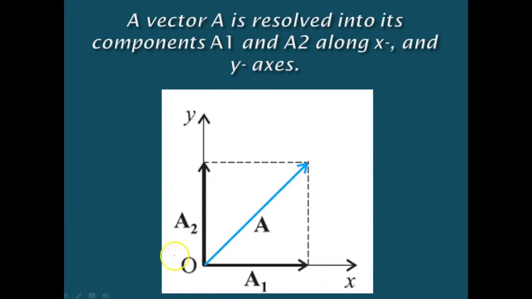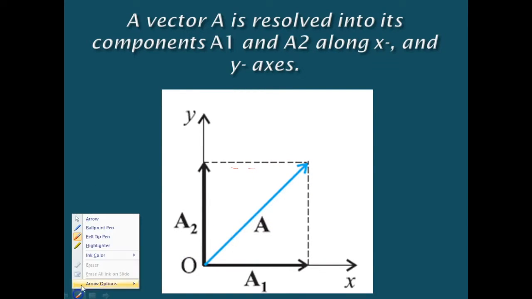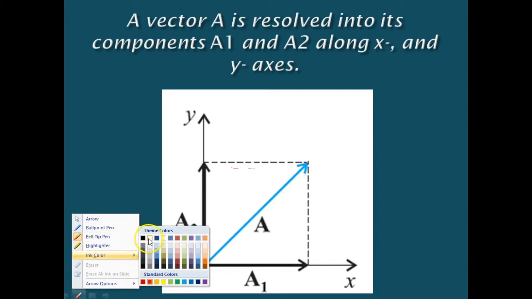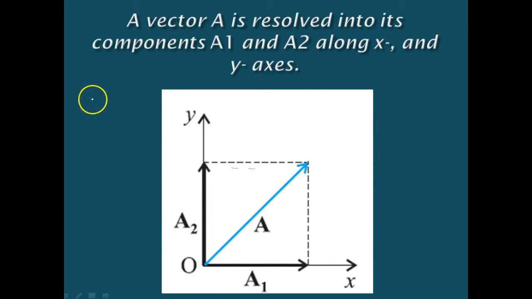Here, from the vector A, this vector A is lying here. We draw a perpendicular line. You can see these dotted lines, isn't it? So we draw these perpendicular lines to the coordinate axis y as well as to the coordinate axis x to get the vectors a1 and a2, so that we can write a1 plus a2 is equal to vector a.